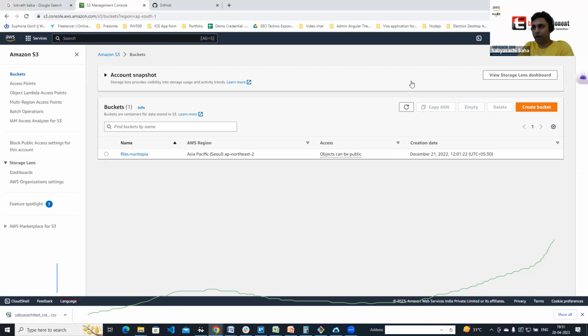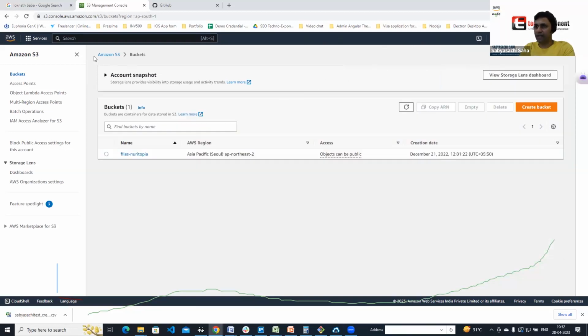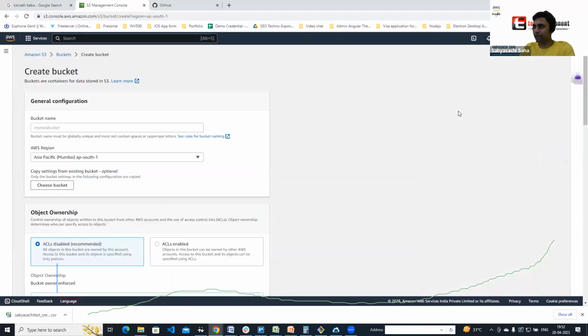I will show you how to do it, and you guys can also try it through S3. So S3 again is a global service. Okay, it's not any region-specific service, because it's a global service. So what I will do here is go here and create a bucket. So imagine I create my bucket